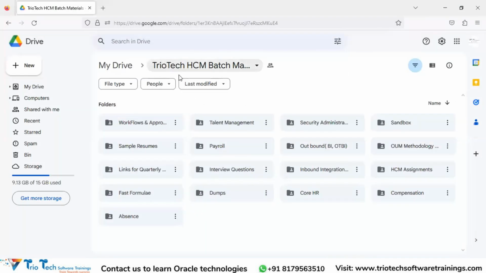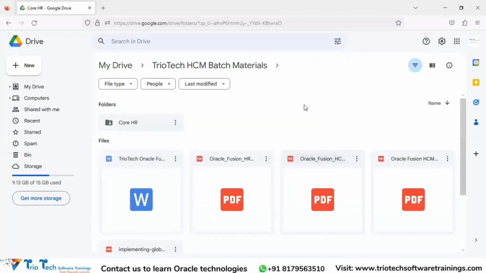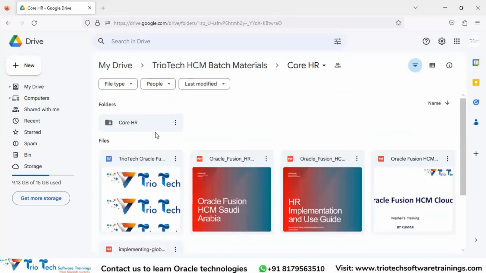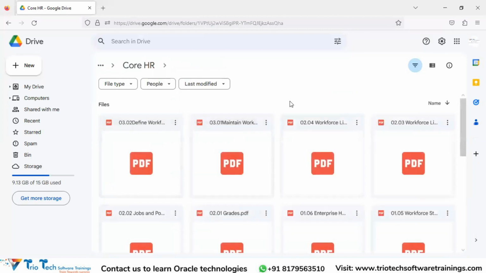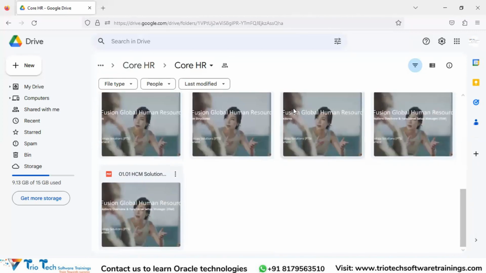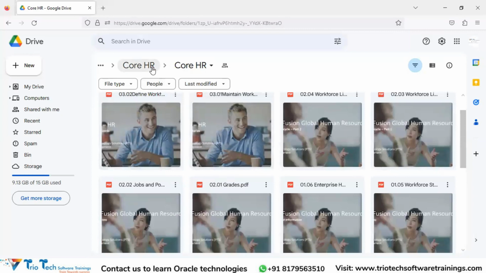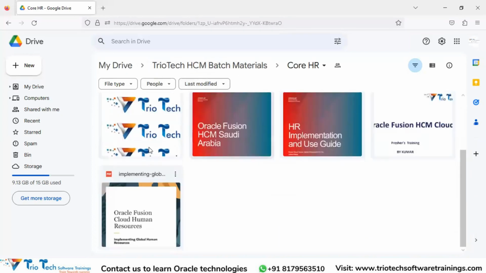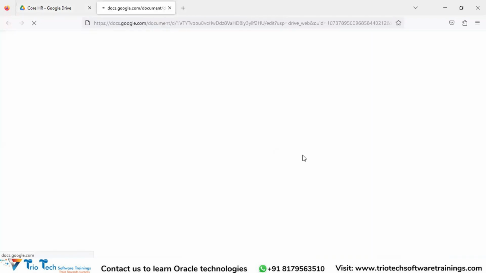If I go to my drive, you can see the TrioTech HCM batch materials. All modules' materials will be placed in this folder. So if I go to, let's say, core HR, and open any of the materials here, you can see Oracle standard materials and also our own custom materials. I think this folder is not updated now, but you can see if I open here,